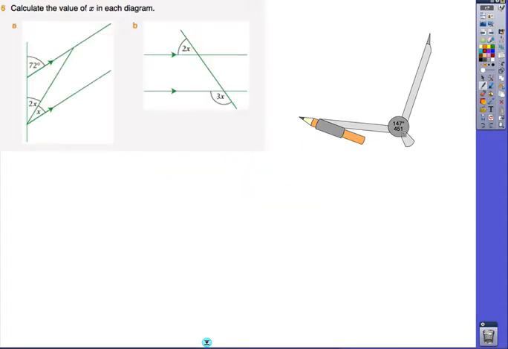Okay, question 6. Question 6, by far one of my favourite questions. A lot of students got this right, but the problem was when they were working it out, there was too much working out for something that didn't require that much working out, and I'm going to show you how quickly you